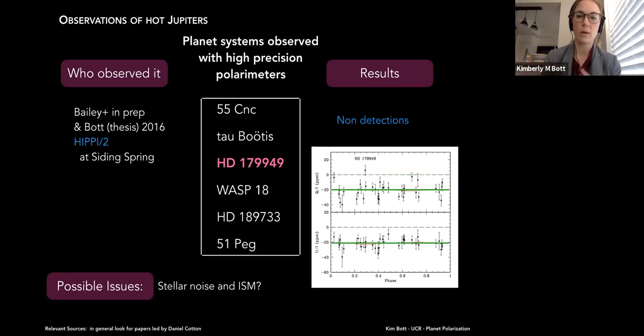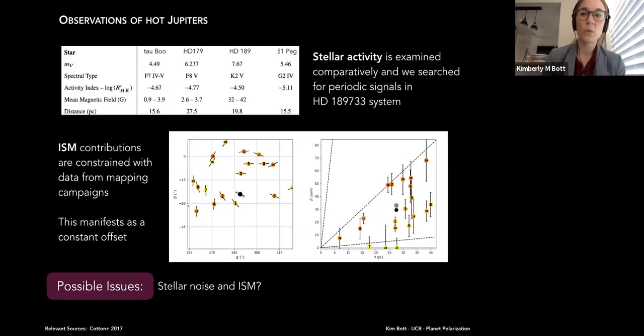So the way that we characterize this in our upcoming paper is we take a kind of general look at the activity of the stars and the systems that we were observing. And you can see HD 179949 there is sort of a moderate, not terribly active star, but it was something that we still wanted to consider. And you can probably see in that table a punchline for something I'm about to bring up in a couple more slides. For the interstellar medium,